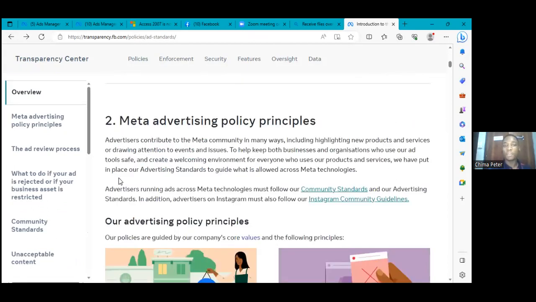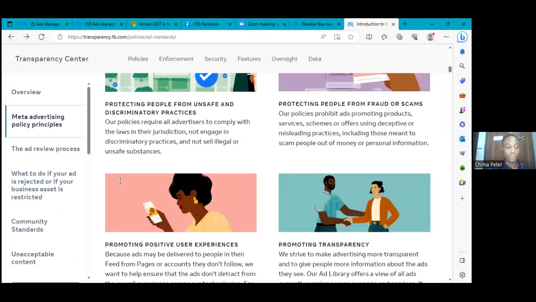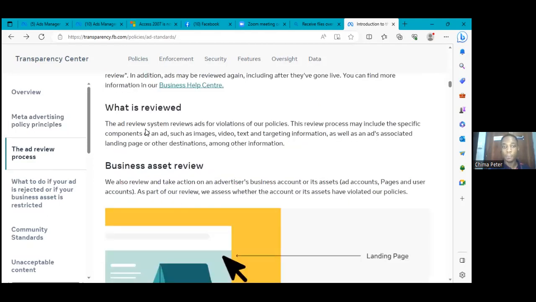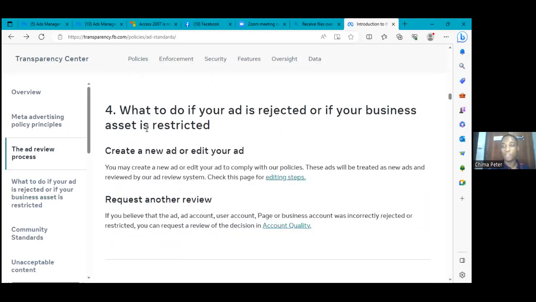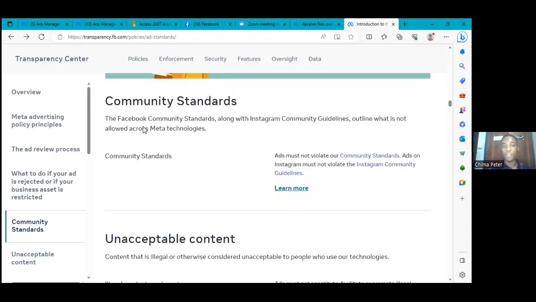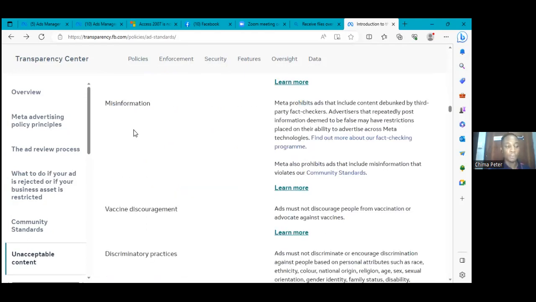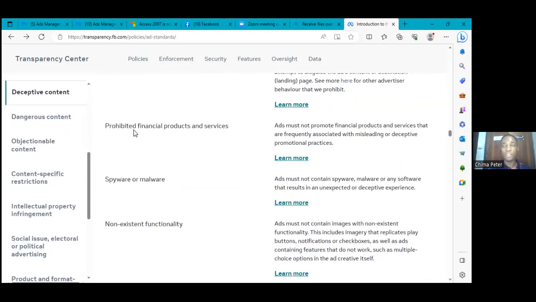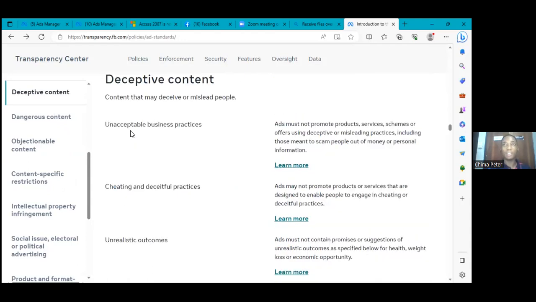I won't say much on the Facebook policies because of the limited time I have. But aside from content that is totally restricted by Facebook, there are some ads you can actually run, but you have to get permission from Facebook. Examples are crypto related and forex related ads. You can try to run them, but you have to get permission from Facebook before you can do so. In case of probably advertising your course and you want to make a claim, or advertising any of your businesses,